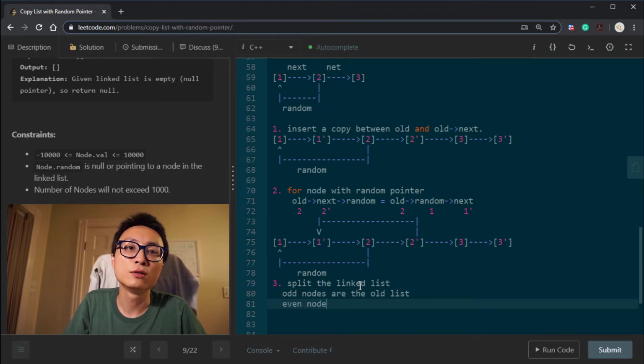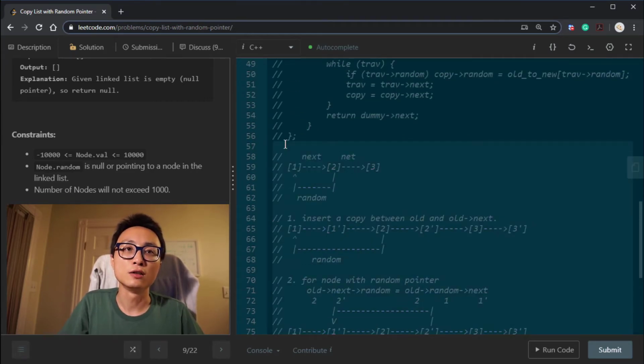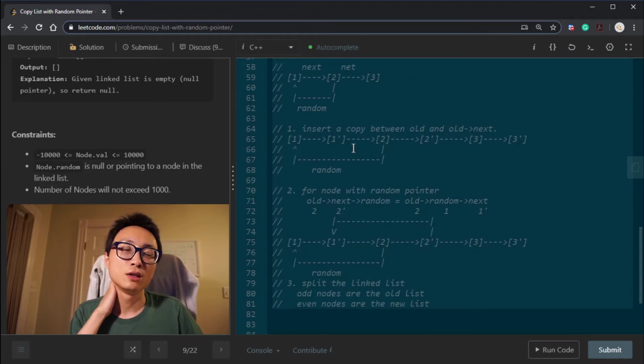Even number of nodes are the new one. So it's going to be 3 pass, and it's going to be constant space because we don't have that mapping, and the essential job of the mapping is being captured by the next link.